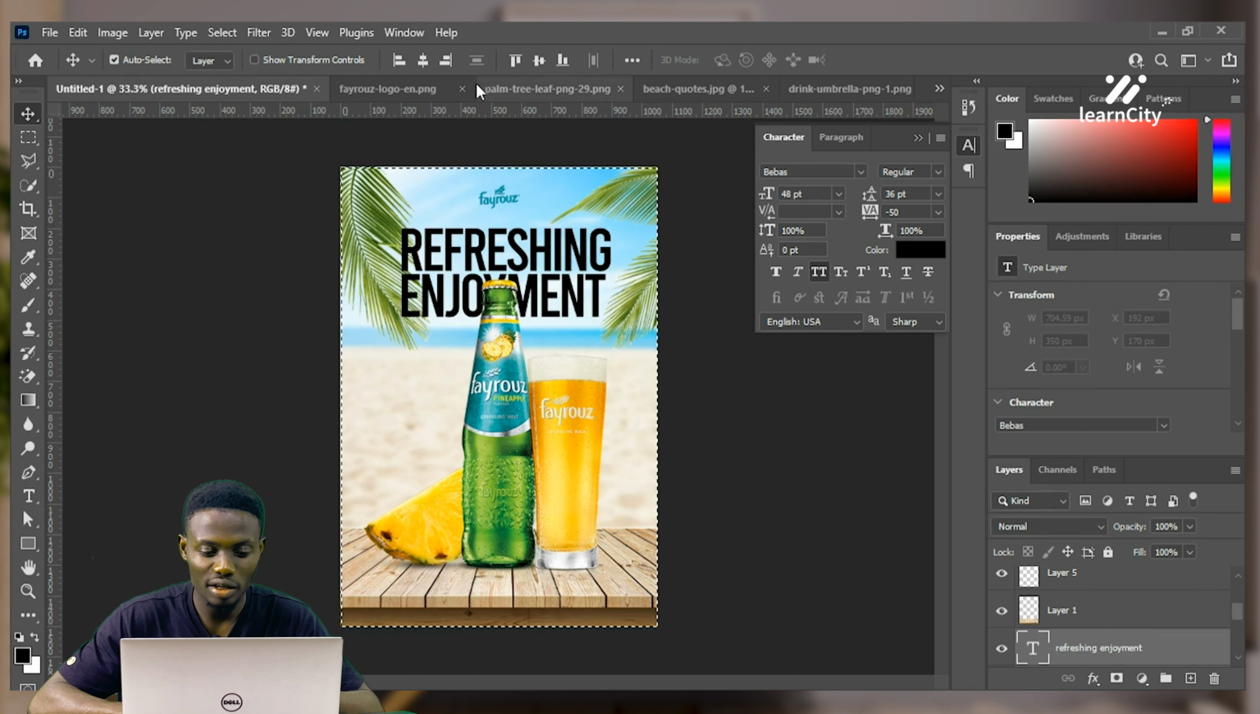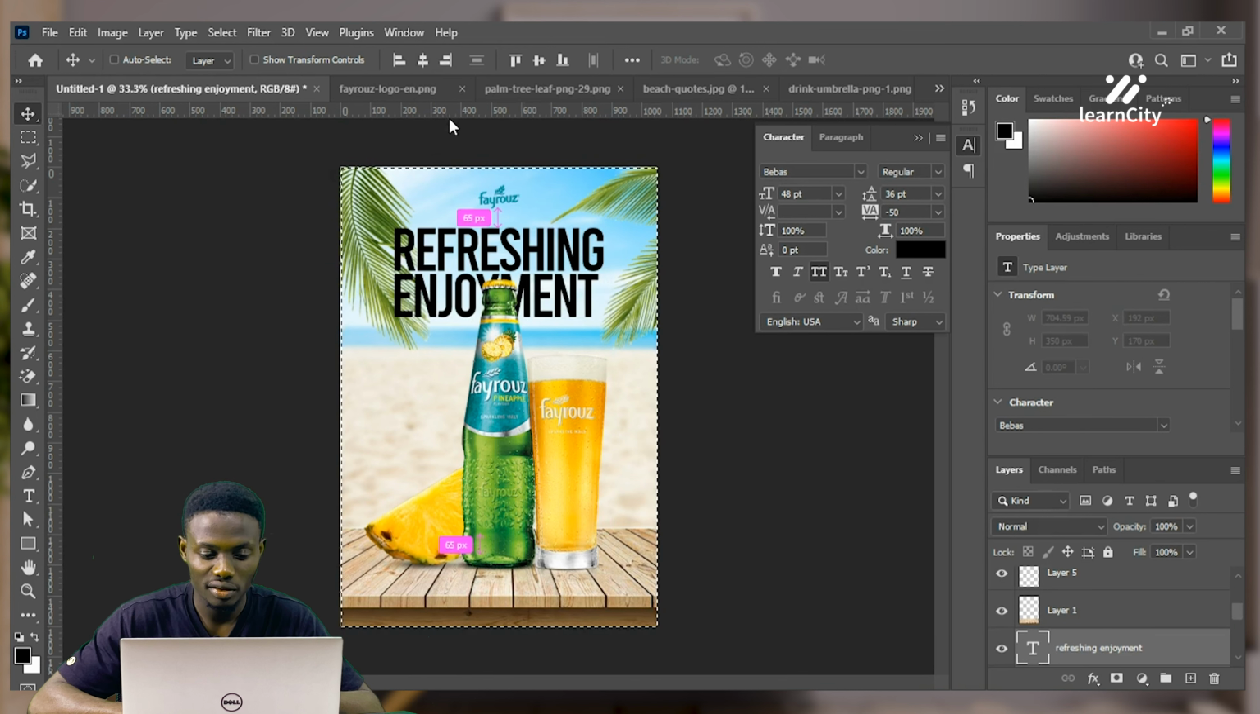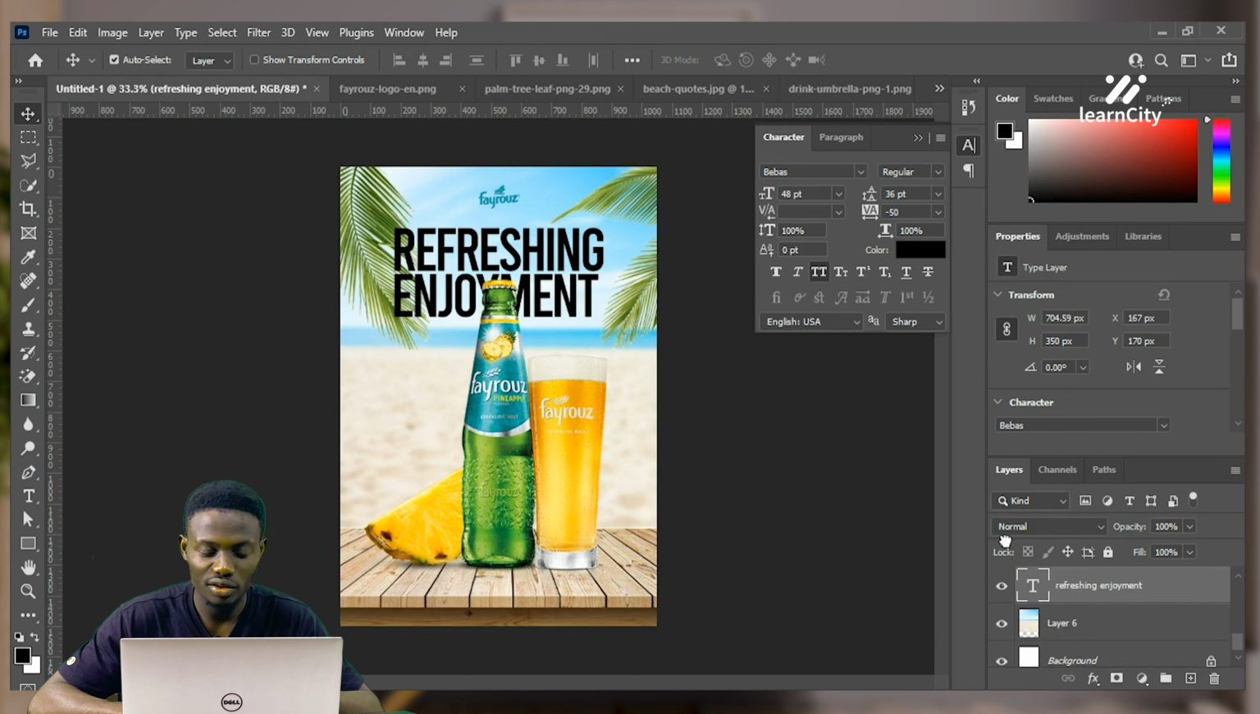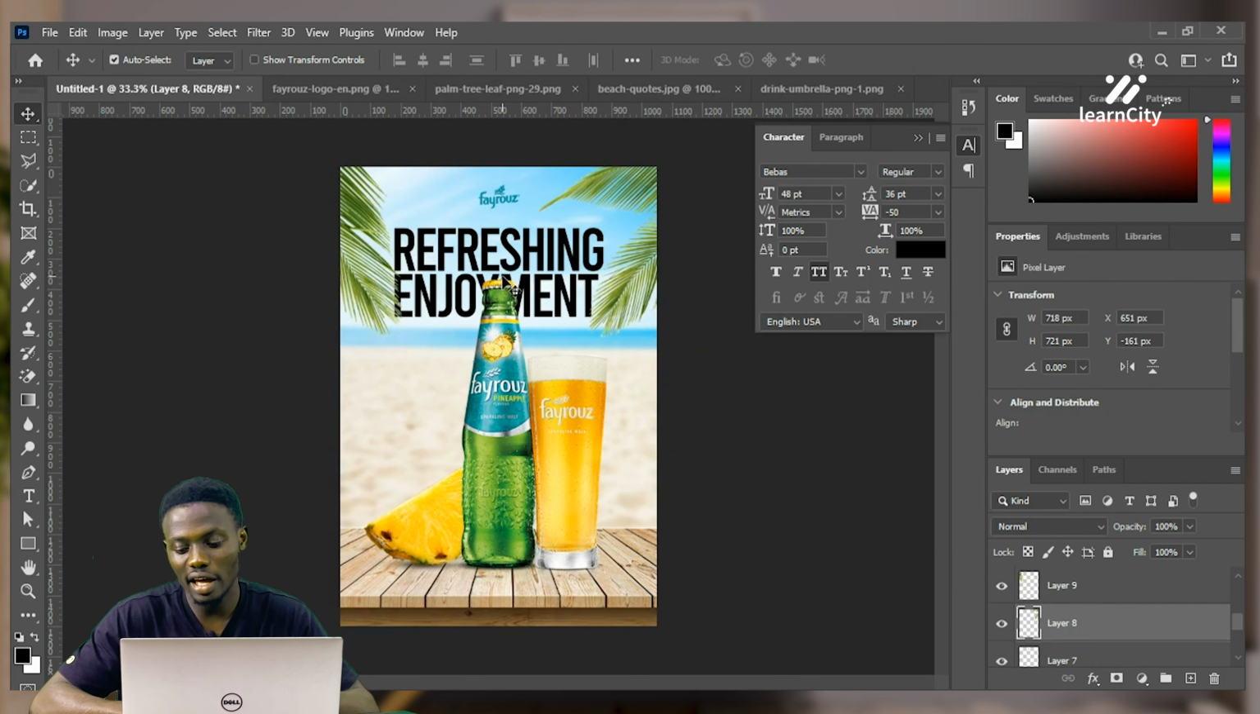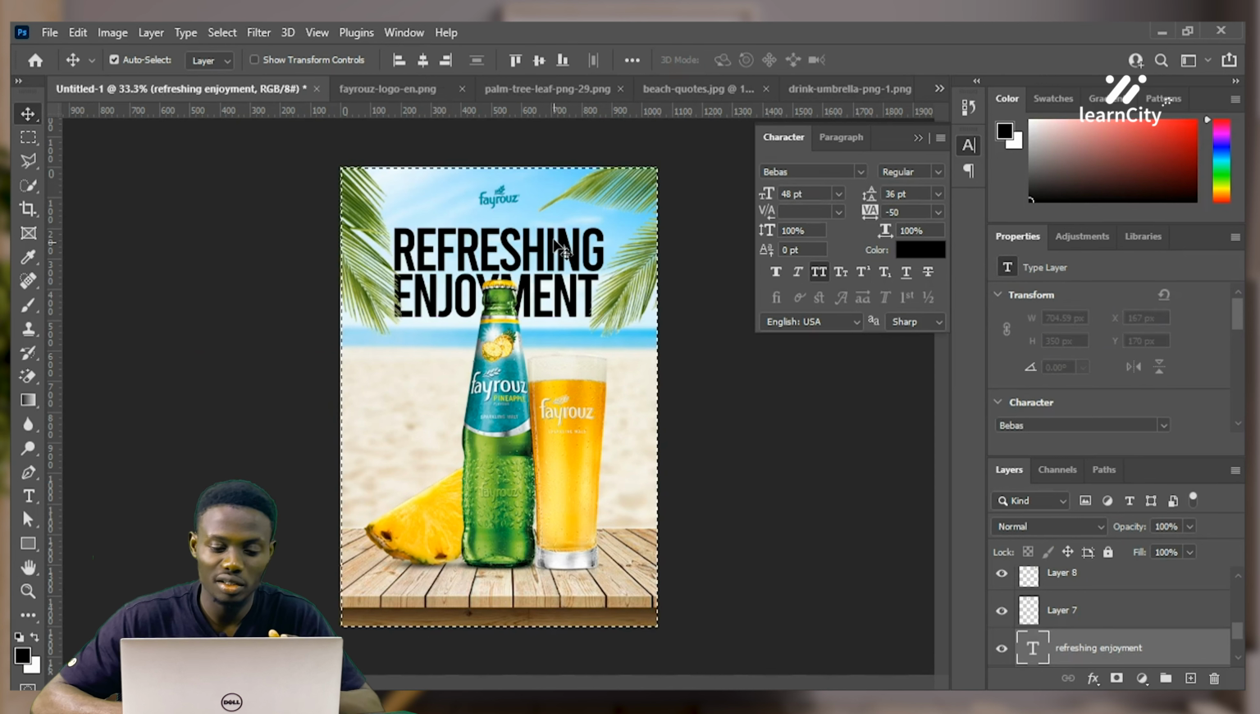Now that I've done this, I'll take it to the top. Can you see that? Nice. Let me adjust my leaves a bit so that it will not cover up the text a lot. All right. Refreshing enjoyment. Now I could leave this like this and it makes sense, but let me just add